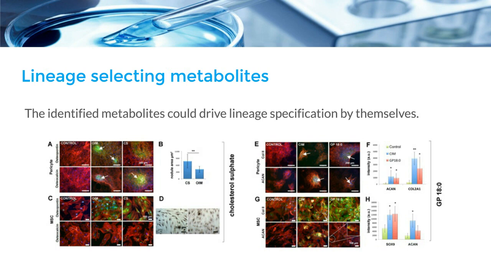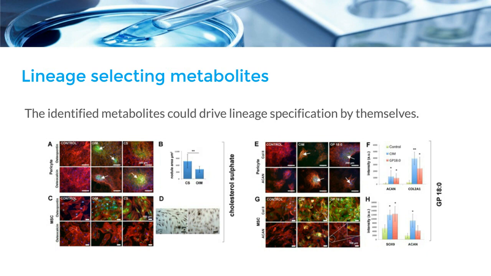Over on the right, in the right-hand panel of images, this is the chondrogenic panel. We can see again on control, on the left image of this right-hand panel, we see no expression of aggrecan or collagen 2, these chondrocyte markers, whereas in the middle, where we use chondroinductive media, and this contains transforming growth factor beta, TGF-beta, insulin, and dexamethasone, so corticosteroids and growth factors to drive the chondrogenic phenotype. Whereas over on the right, where we've just used this single metabolite, GP18-0, we can see similar levels of chondrogenesis in the stem cells, both the pericytes and the mesenchymal stem cells, as when we use the very complex, expensive